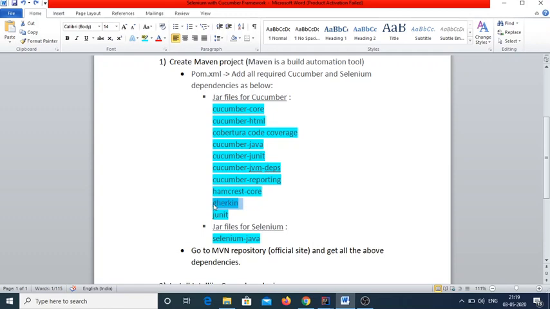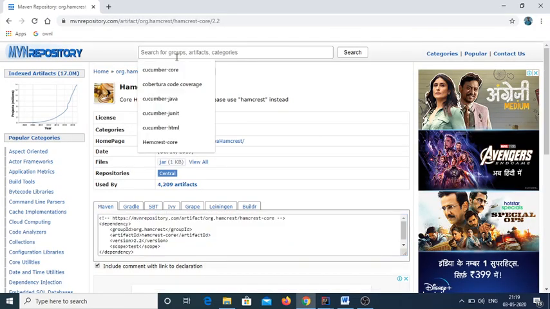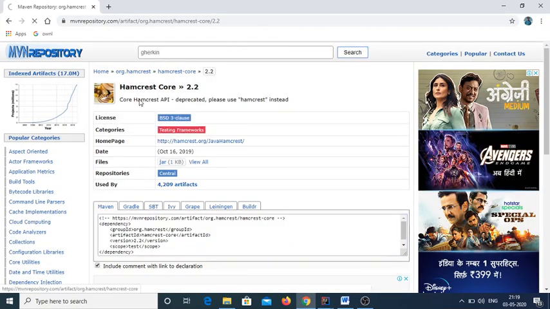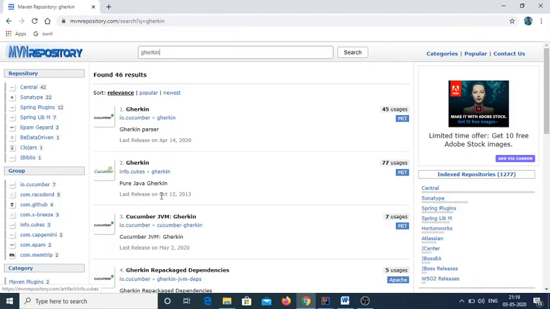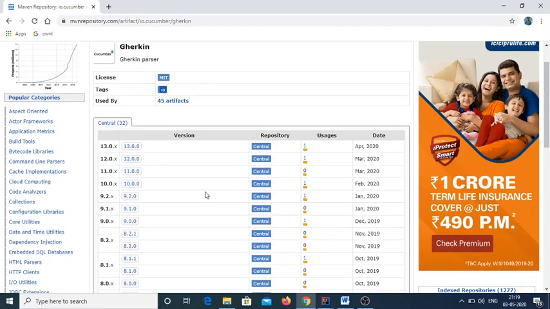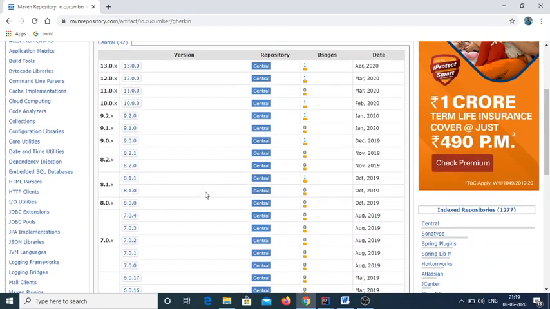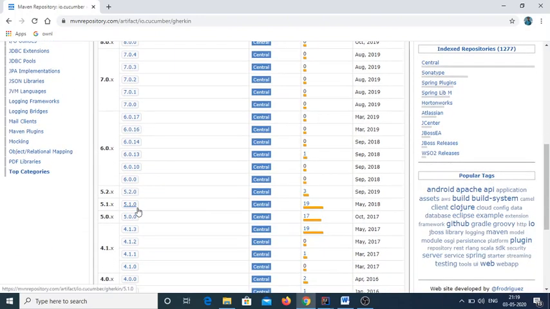Then Gherkin keyword, we need to add. Search for it. Check for the latest one. The first one is the latest. Please note for the Gherkin keyword, usage is 100, and at the bottom we have version 5.1.0 and it's a proven one.